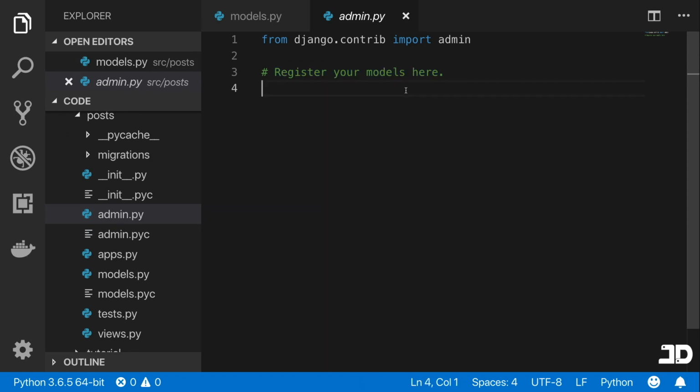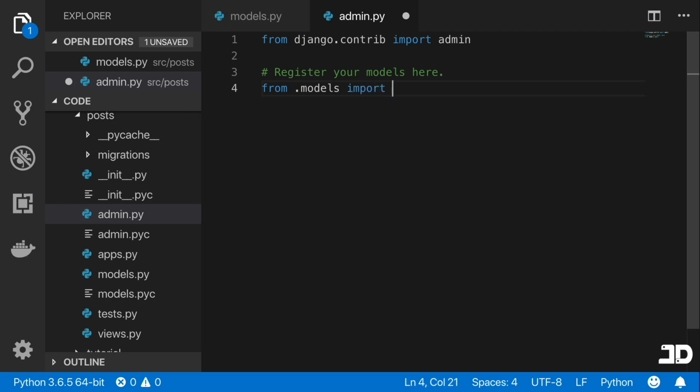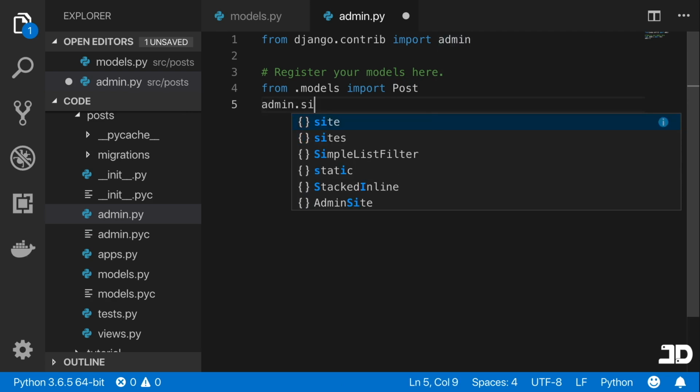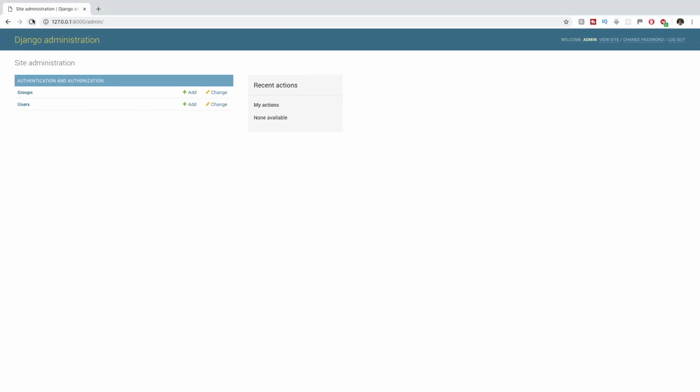We're going to use the default imported admin to register our models. Now, in order to register the post model, we need to import it. So we'll say from .models import Post, and then using this model, we will use the admin import and say admin.site.register, and then just pass in Post. And if you save this, we can go back into the browser, refresh this, and now you have a new